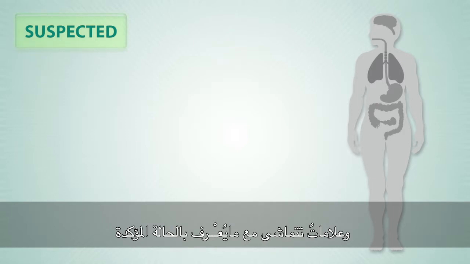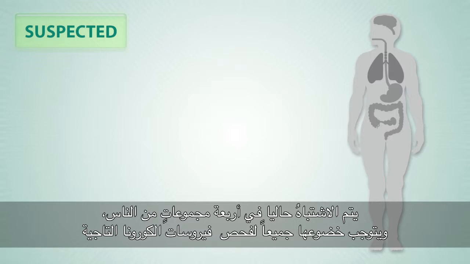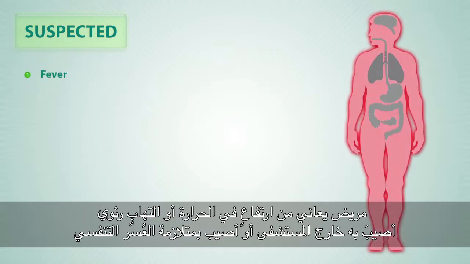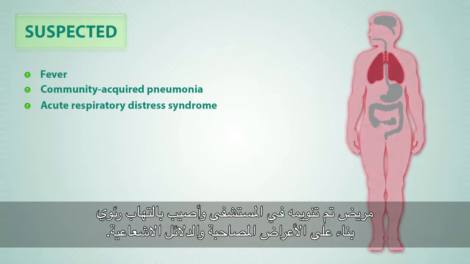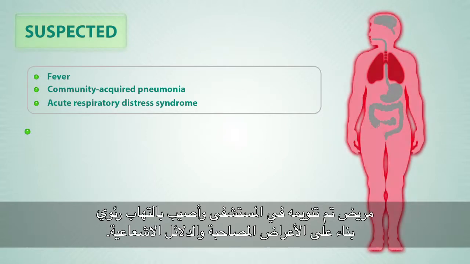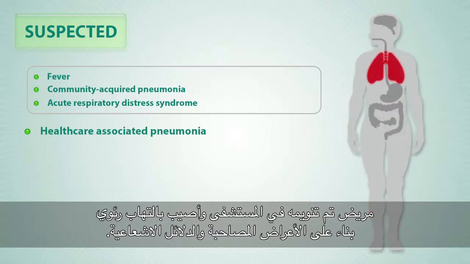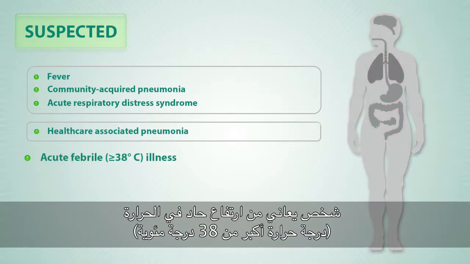A suspected case of MERS coronavirus is someone who shows clinical signs and symptoms that are compatible with what we currently know about confirmed cases. Currently, we suspect 4 groups of people, all of whom should be tested for MERS coronavirus. These include a person with fever and community-acquired pneumonia or acute respiratory distress syndrome based on clinical or radiological evidence, or a hospitalized patient with healthcare-associated pneumonia based on clinical and radiological evidence, or a person with acute febrile illness,